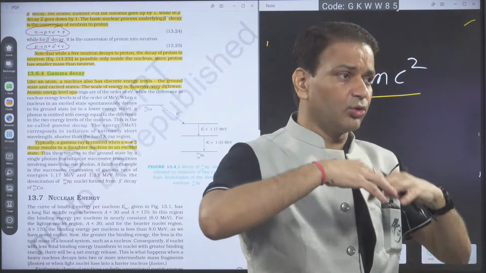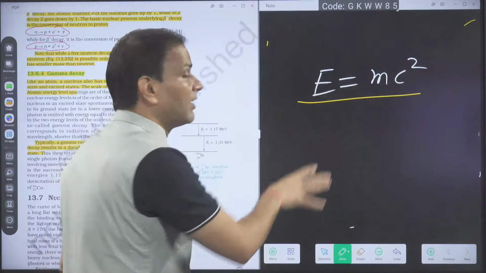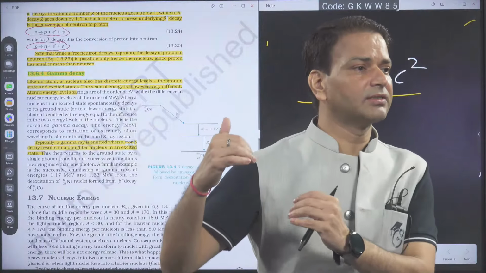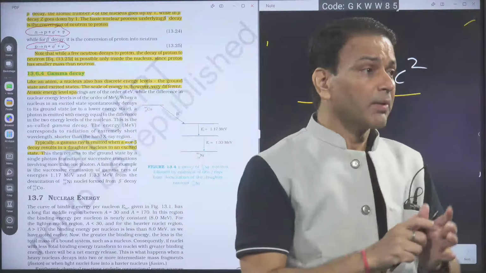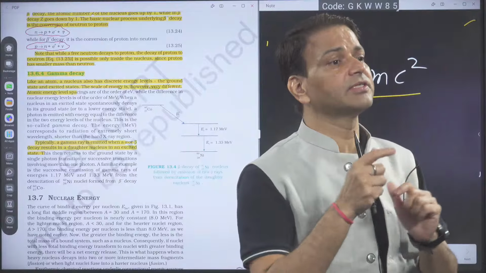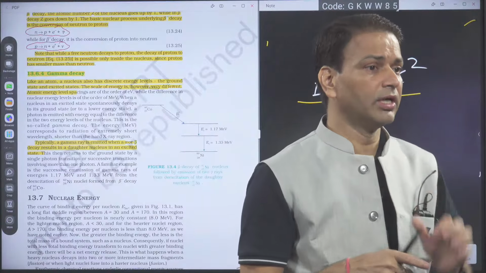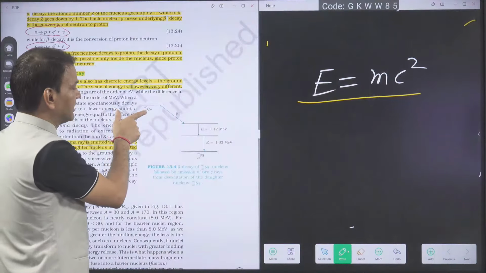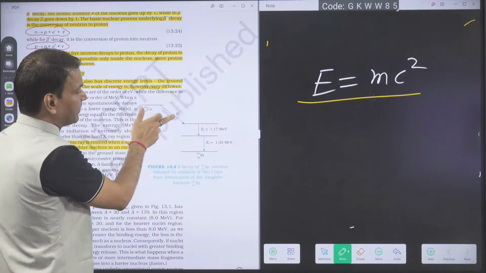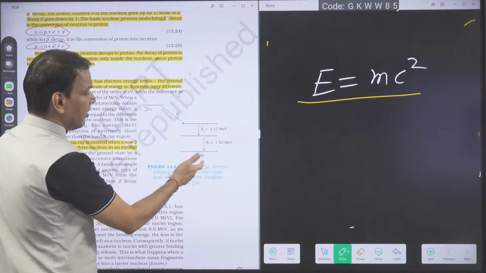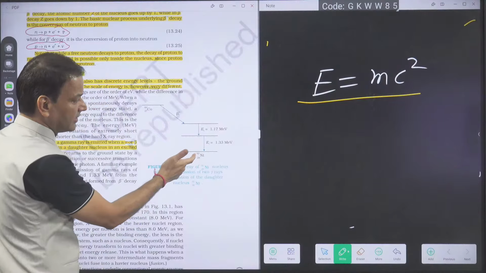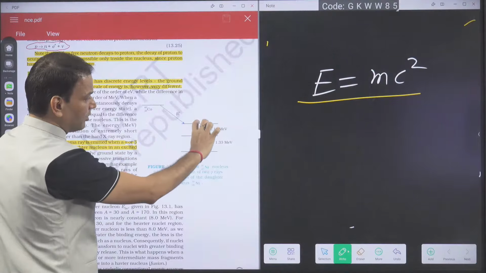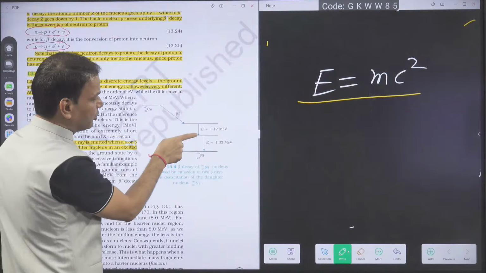So inside the nucleus also, as this paragraph explains, we have energy levels like an atom. In the atom we have energy levels where the difference is in eV, but inside the nucleus the energy level difference is in MeV, million electron volt. Here it is given that for any radioactive, unstable nucleus that emits beta minus, it finally converts into 28 nickel 60. Then here they have shown the two transitions, E1 and E2, E gamma.